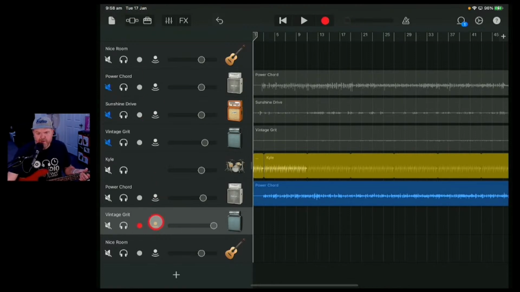We'll turn the monitor off. I was noticing that the little red light was coming on, so I was clipping on my audio interface. We don't want that, so I've turned it down to about 11 o'clock. And now when we play, if you watch the little monitor there in GarageBand,